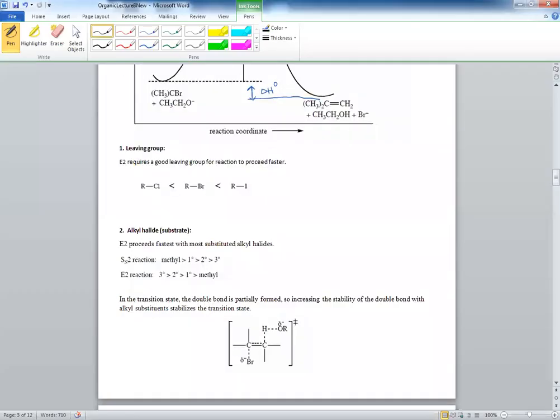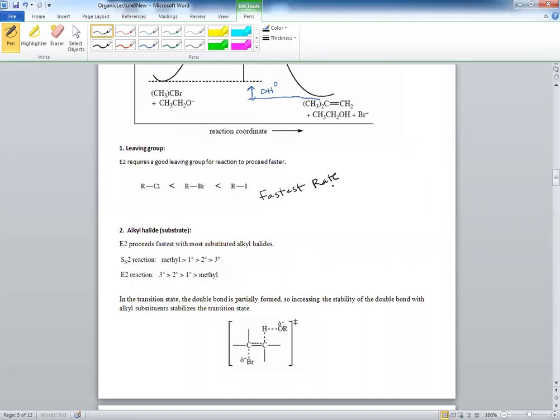So let's begin with the factors, the leaving group. You should always be aware that you always need good leaving groups. It makes no sense having bad leaving groups because the reaction is not going to give you a good yield, or again, the leaving group will not leave. So obviously, you see how this would be the fastest reaction,